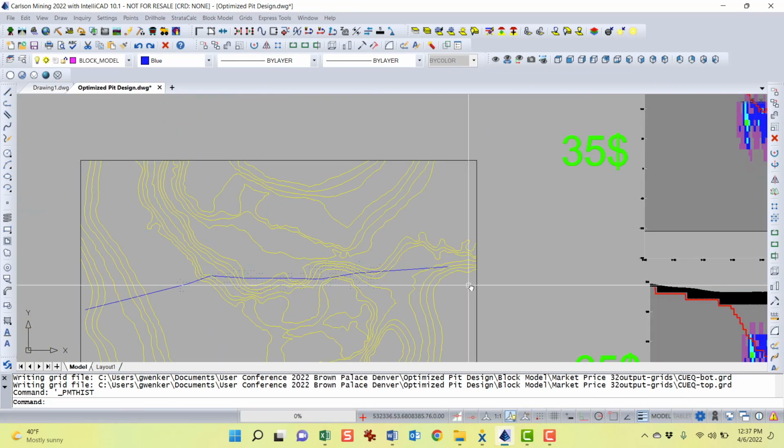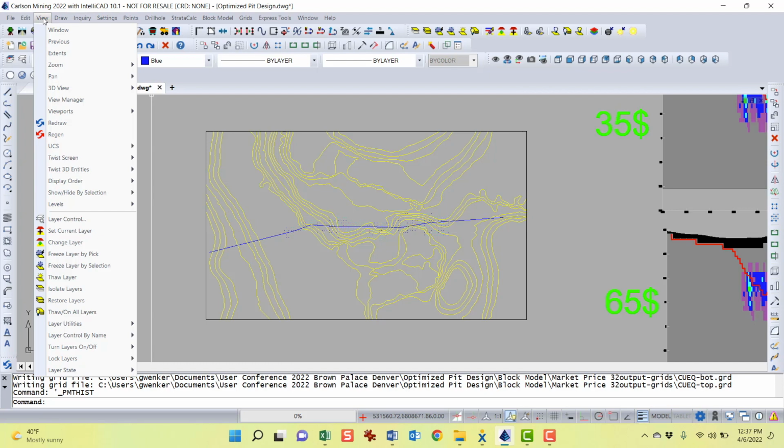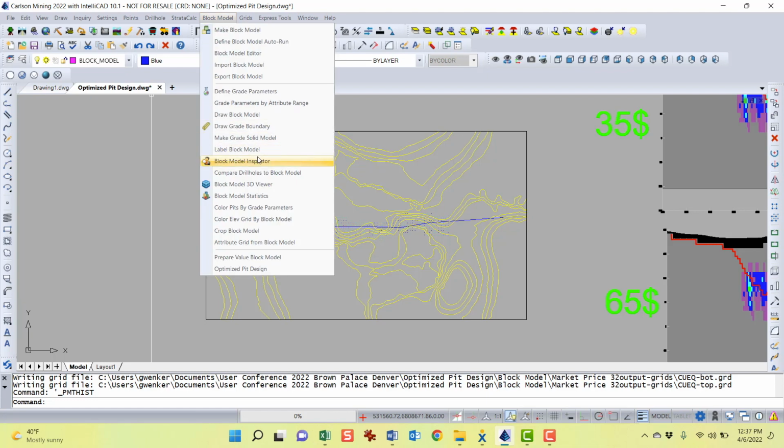All right, so now we've got all these surfaces out there, and if you're in the drawing, you can see these cross sections to the right. Let's first just look at that file that we made. So I'm going to go to View. What's the best way here? I'll probably view the block model first, and then I bring the surface in. That way you can compare the surface with the model itself. So let's do that. We'll go to Block Model, 3D Viewer,